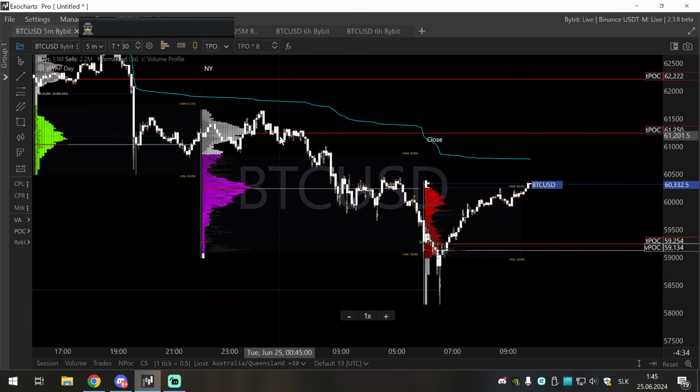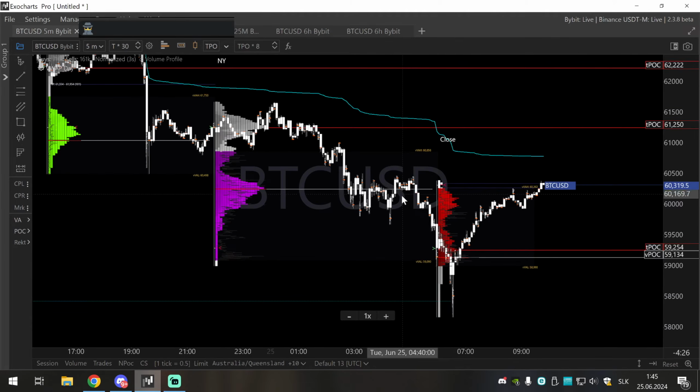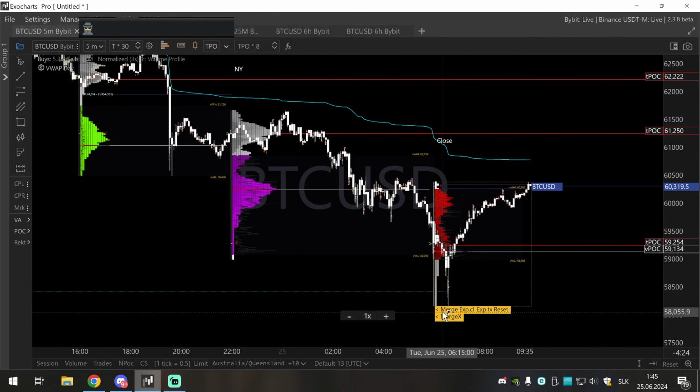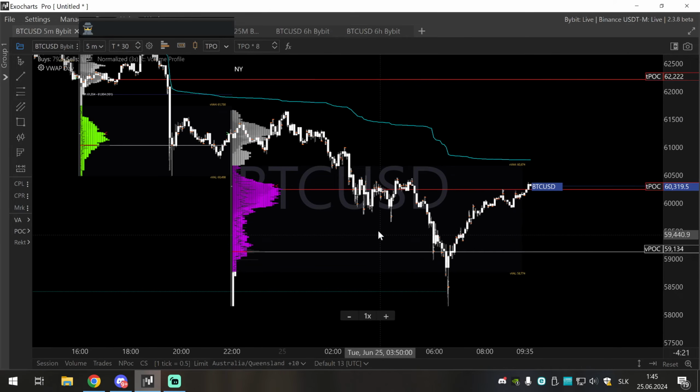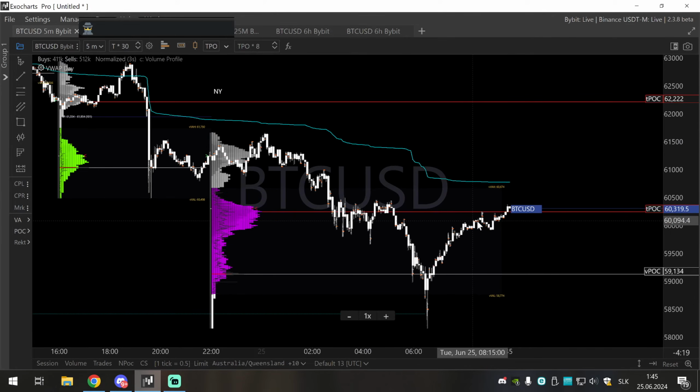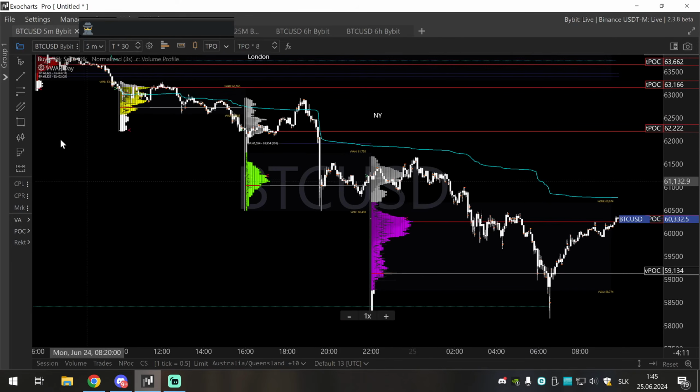Oh yeah, so daily naked point of control at 61,250 and also the New York point of control. And New York has a big volume, so definitely keep an eye on this level, 61,250. If we merge, nice high volume node shaping up. So when you reject here, you will be taking profit in this high volume node. Possible support is forming up. Yeah, very simple.